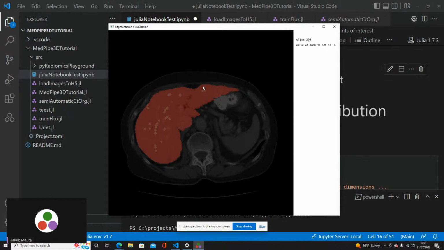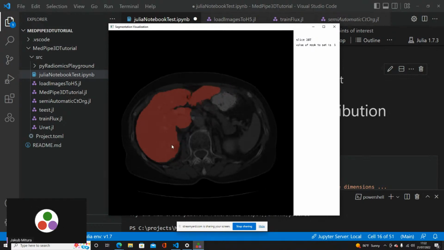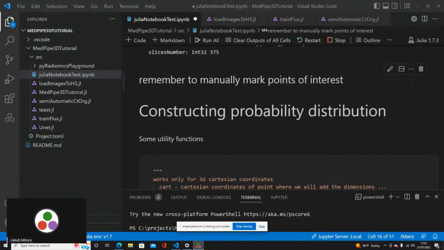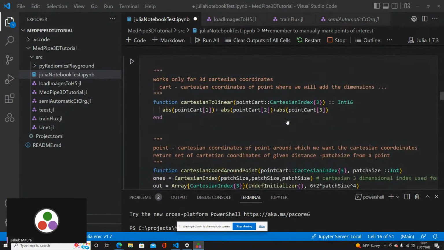Each neighborhood of these points is similar to the neighborhood of each voxel in the liver. So we are collecting the local information of the voxels around any given point, and we will use it for our algorithm to guess where the liver is in the whole image. This is the idea behind it. Very simple idea, very simple algorithm, which will give us some results that we can see and understand.